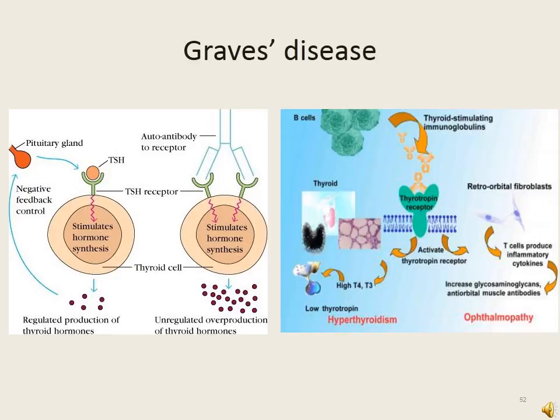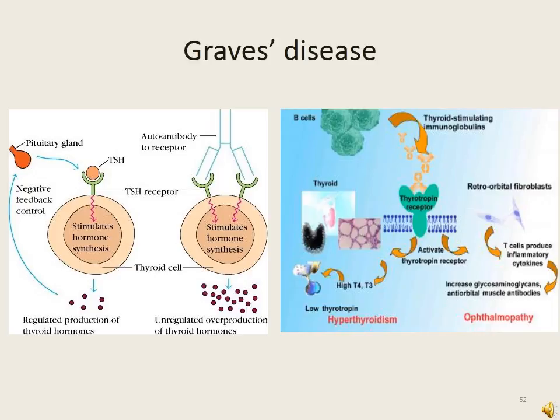Okay, and this will interact with the receptor, activate the thyrotropin receptor in this figure, which will induce the synthesis of T4 and T3 and then induce the hyperthyroidism. Okay, and this